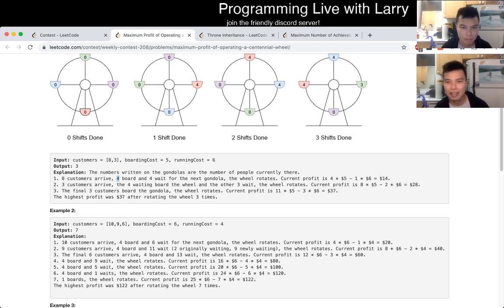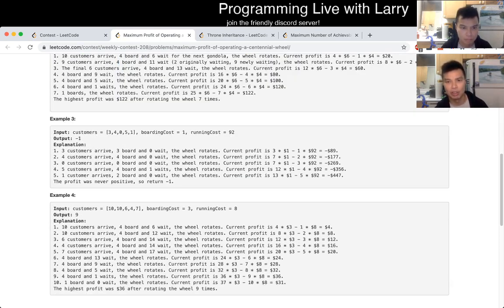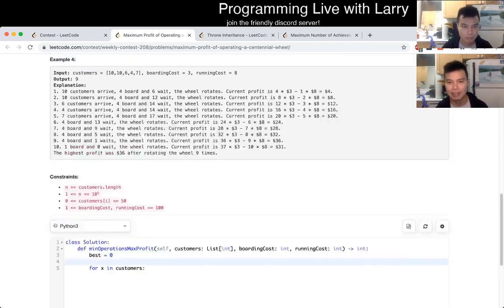I'm still trying to think, is it just greedy? At this point I thought it was just greedy, but I wasn't sure, because that seems a little bit too easy, but we have to figure out how to handle it. And I kind of missed one detail while I was thinking about this, which is the leftover people that are on the queue. But otherwise I thought, oh, I could just simulate this. This is not that bad, right?